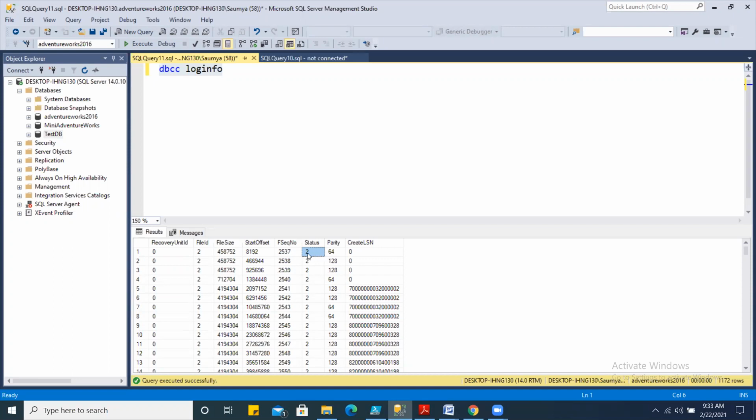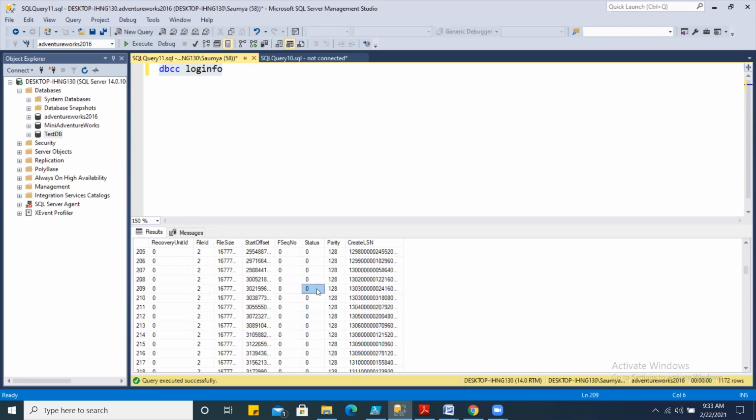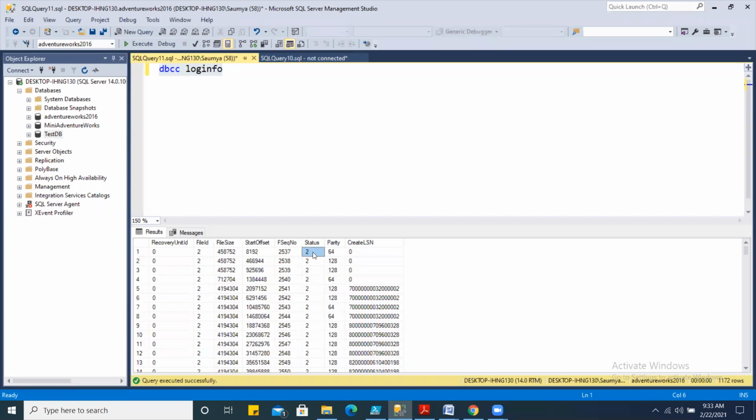They are not yet in reusable state. Whenever you see status 0, it means either it is free or it is in reusable state. So you always love to see your maximum VLFs in status 0. They should be either in free state or in reusable state. You all are getting what I'm saying? Any question here?